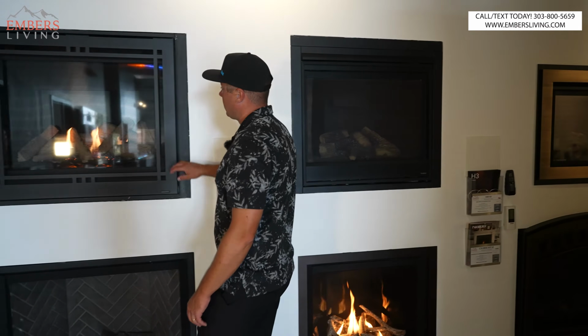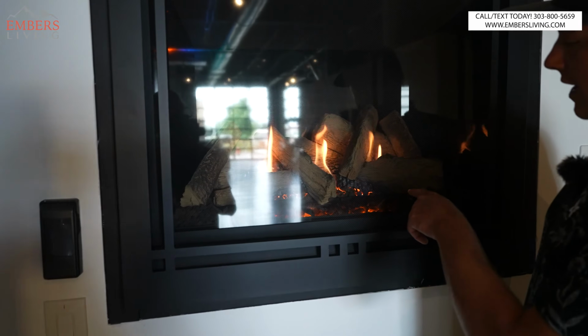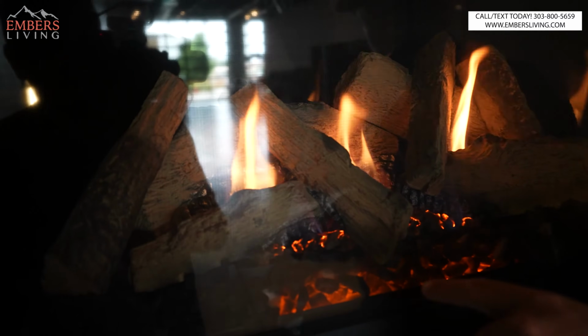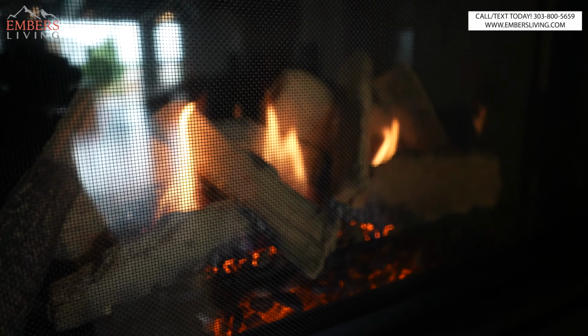Same thing with the Majestic Quartz. There's 3 or 4 front options. You can see much better flame in here. And then also, a neat little trick here, they have these LED light strips in the front that look more like glowing coals. So again,